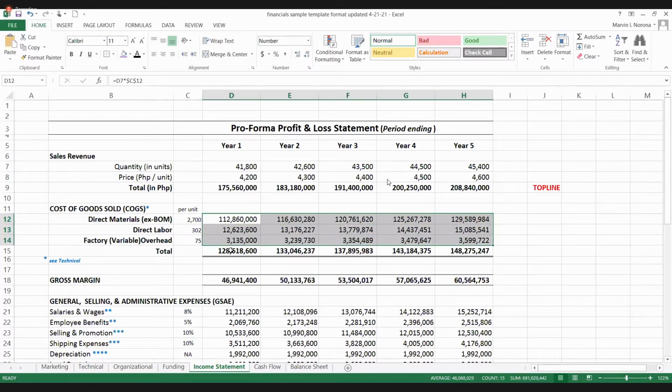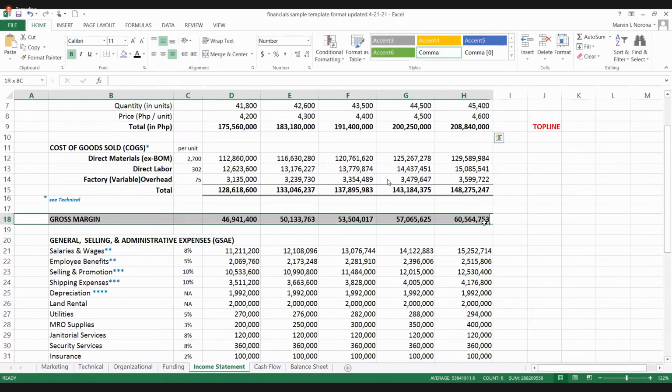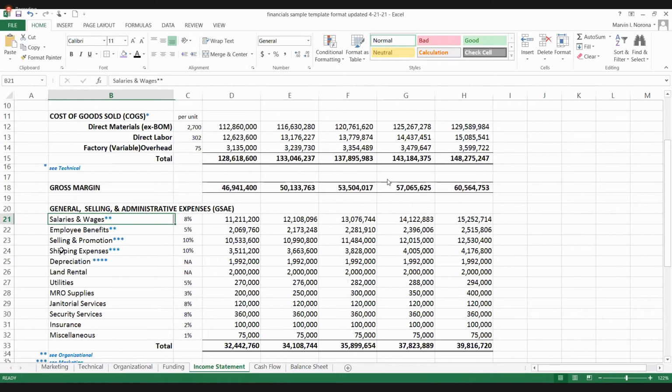So once you are able to get the total cost of goods sold, subtract them from your annual sales revenue in order to arrive at your gross margin. Okay? So na-recover mo na at nabayaran mo na yung pinanggawa mo doon sa sales volume. Okay? Ang hindi pa bayad, yun, yung mga other transaction costs classified under GSAE with the accounts shown here and explained earlier. Okay? Now, before we get into this, so meron organizational plan.